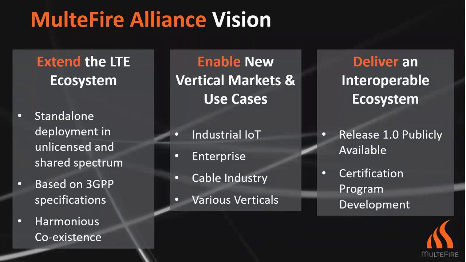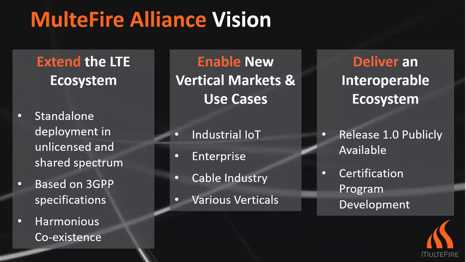The goal of the Alliance was to put together like-minded companies to basically have LTE running in unlicensed spectrum band without the necessity of having a licensed anchor. That's the whole objective initially back in late 2015. So the goal here was to put together a specification in an industry body to deploy an end-to-end network based on MulteFire, which is running LTE in unlicensed spectrum. As things progressed, we also looked at additional spectrum bands, such as shared spectrum, which I'll touch on as well.